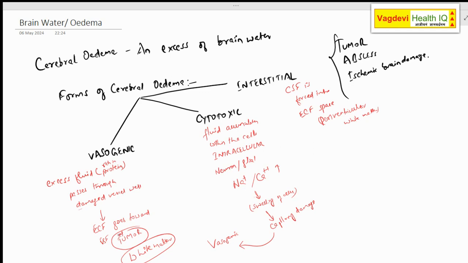And that's where the ECF goes toward the CSF, especially in the tumor, adjacent to the tumor. It can happen. Understood my point? Brain water. Yes. Next page we'll see